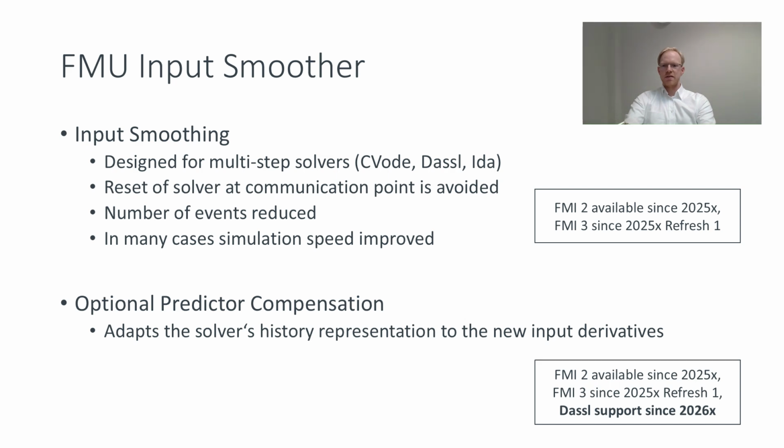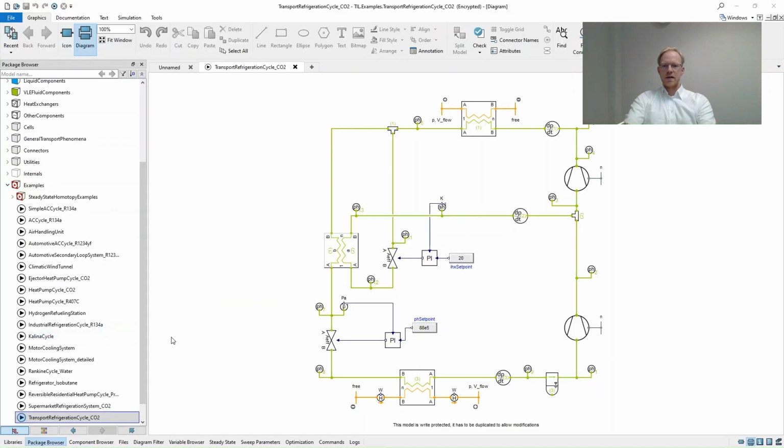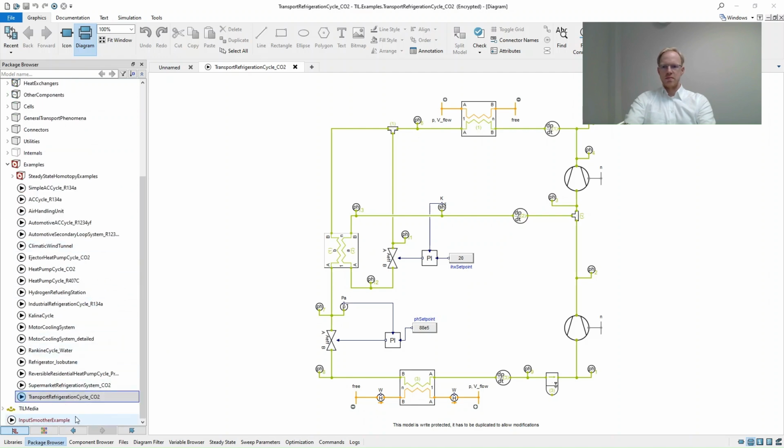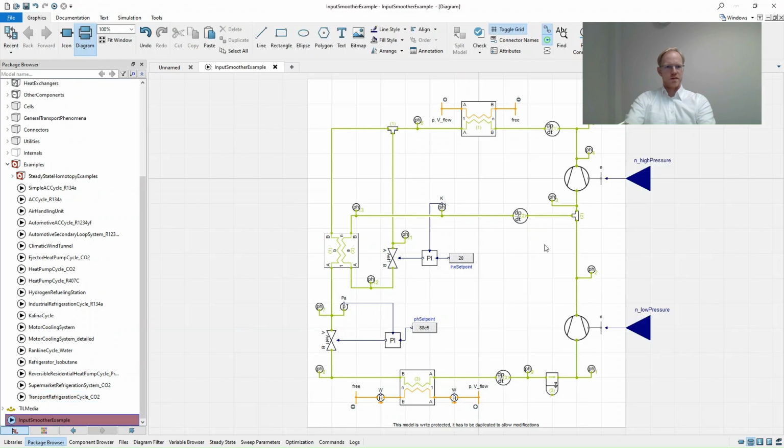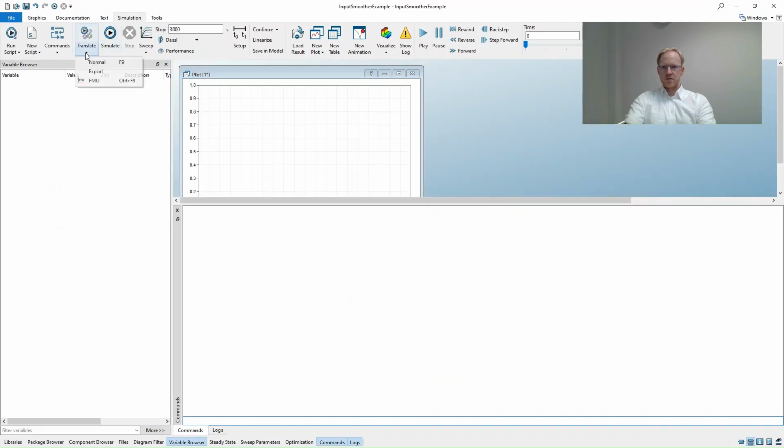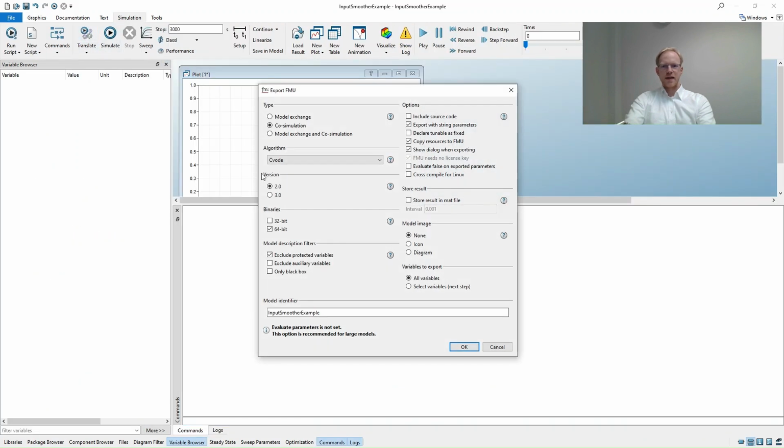So now let's have a look at an example. I used the transport refrigeration cycle from the TIL examples. I added two inputs for the compressor speed of the high pressure compressor and the low pressure compressor. Then I export the model as a co-simulation FMU,